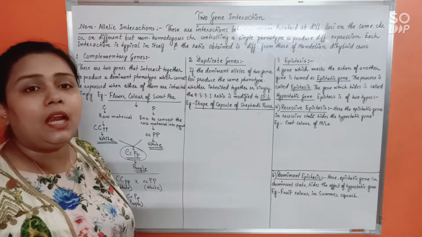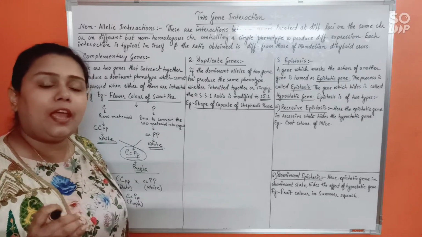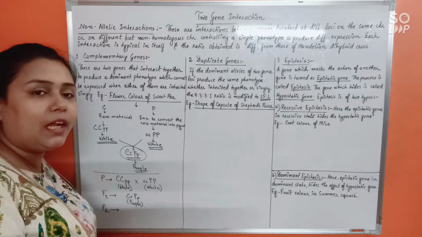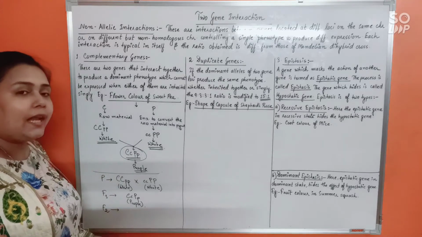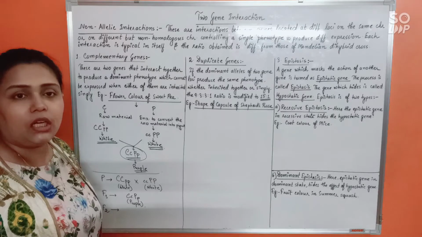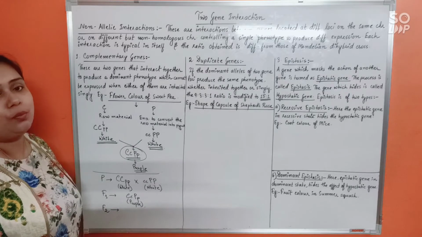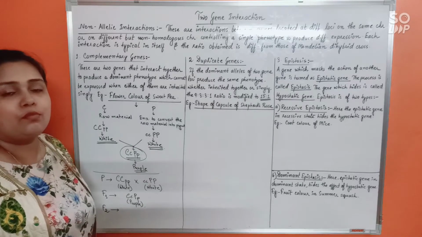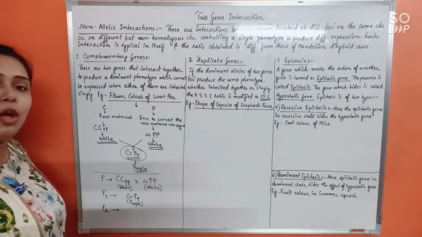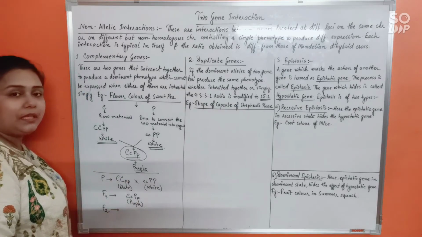Because according to Mendel, for any kind of dihybrid cross, when two genes are interacting, the phenotypic ratio in the F2 generation should be 9:3:3:1. So you need to find out what it is for complementary genes, and if it is not 9:3:3:1, in that case the complementary genes do not obey the Mendelian dihybrid cross ratio. Alright, it does not obey Mendelism. So it is a deviation from Mendelism. Understood? Fine. Will you be able to do it or not? Check it out. Pause the video right now and check it out. What will it be? Fine.